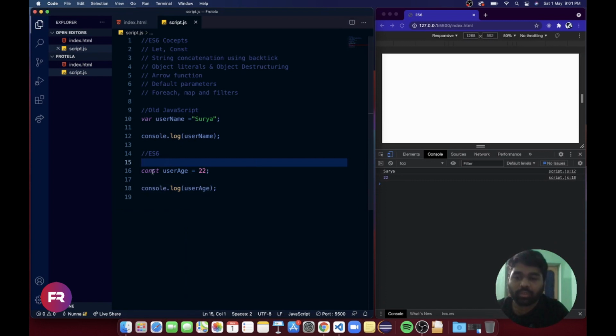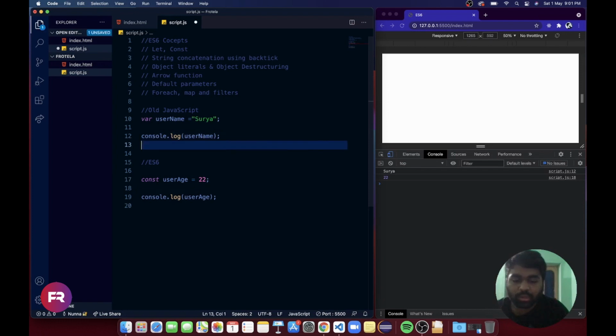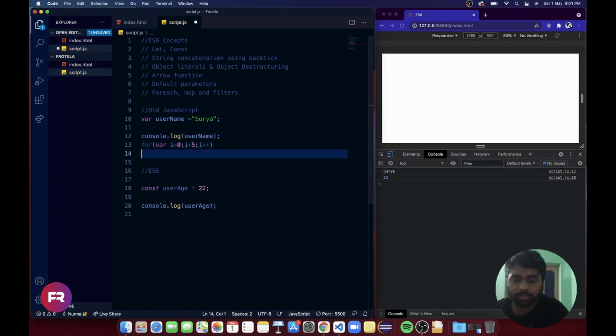So what is the use of const and let? Instead of using var, we should use const and let. In which scenarios should we use them? Now I'm going to explain. Suppose you are running a loop: for var i equals 0, i less than 5, i plus plus. Let's print console log.